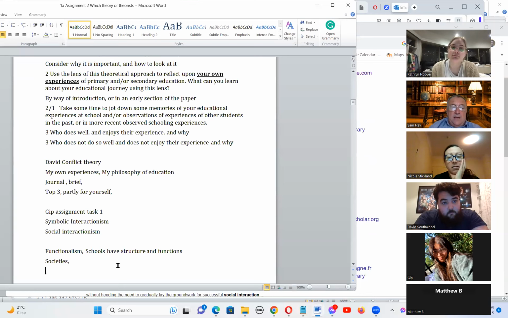And you could argue that having clear structures and being aware of the functions really helps children to do well at school, helps you to do well at school. And the more you can understand the structures and functions of society, the better you can do. Where are the good jobs? What do you have to do to get the good jobs? All of the structures and functions, the better we understand them, the better we can do. And Durkheim is a great starting point for that. And you'd find lots of others.